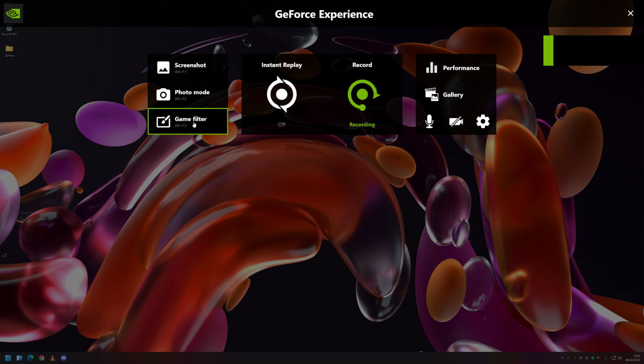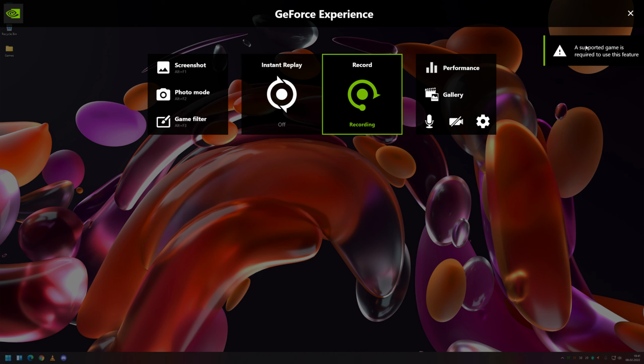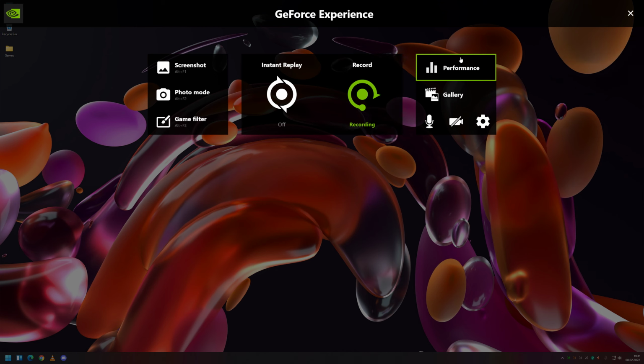Game filter, same thing. As you can see, I don't have a game installed, and as you can see, I cannot show it. And no, I'm not installing a game or playing a game for this. You could have some fun with these on your own time. This is just a tutorial, not something to brag about, like what screenshot I made or something of sorts. So yeah,